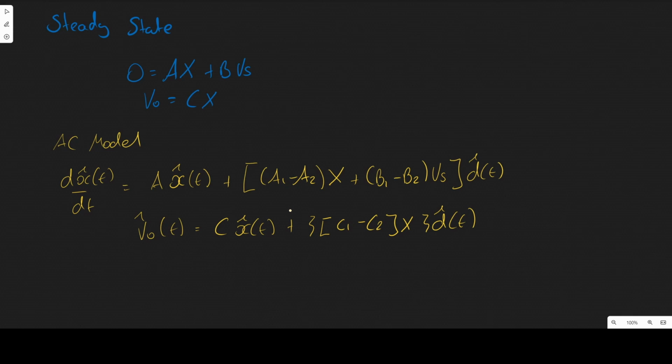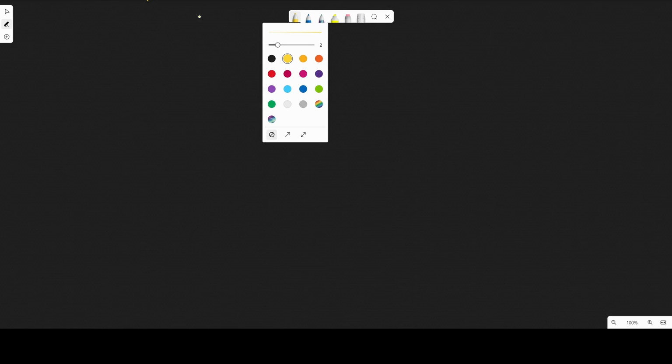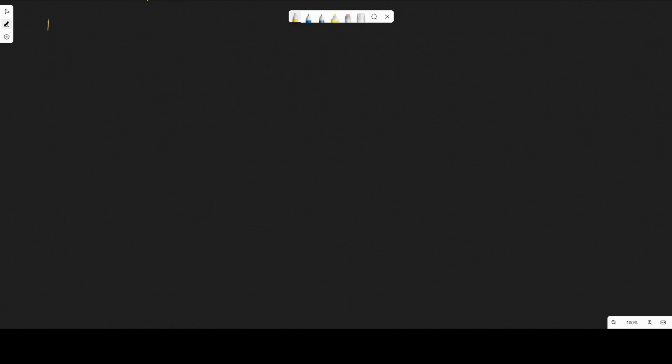Now the last step would be to extract the transfer function in the Laplace domain. Now to extract the transfer function,